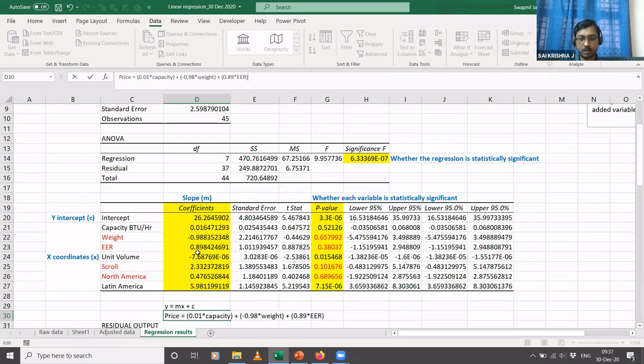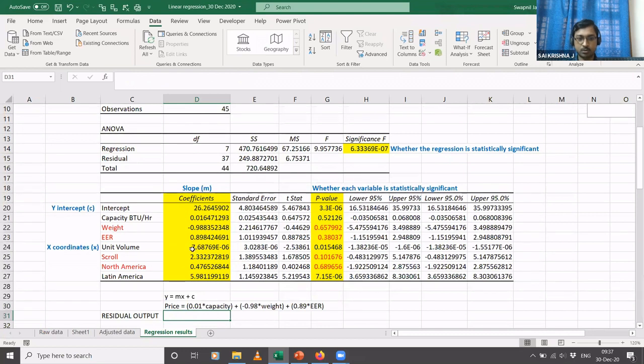So like that you have for the remaining variables as well. So minus 0.76 into volume, 2.33 into scroll, 0.4. So 2.33 into scroll is basically, if your compressor is a scroll compressor, you say 2.33 into 1. If your compressor is a reciprocating compressor, you say 2.33 into 0.